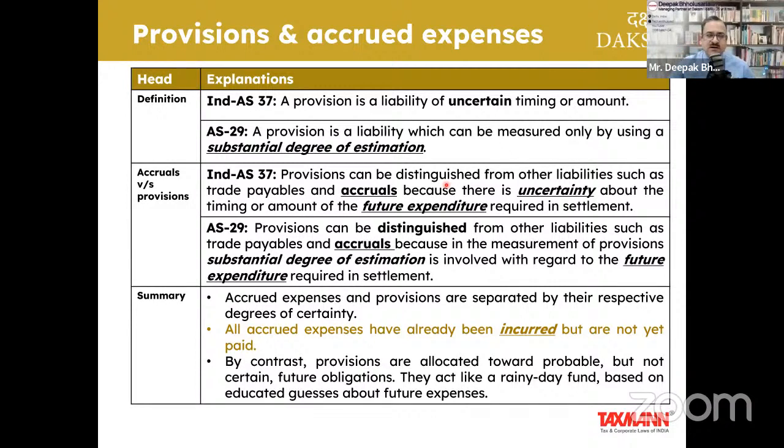Let's say, for example, provision for warranty. I know I have to pay for warranty. Let's say I've sold some product to you. I have given some services to you, and I've also said that for the next 1 year, if there is any kind of problem as far as those supplies are concerned, I will provide you the support. So it can be called warranty. It can be called post-sale support also. So there may be some expenses in relation to those. It may occur. It is a contractual liability, but how much I will pay, when I will pay, I really don't know.